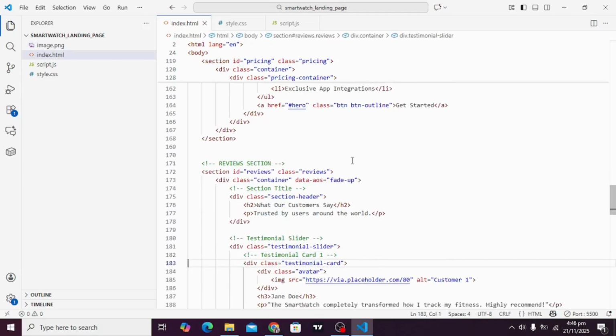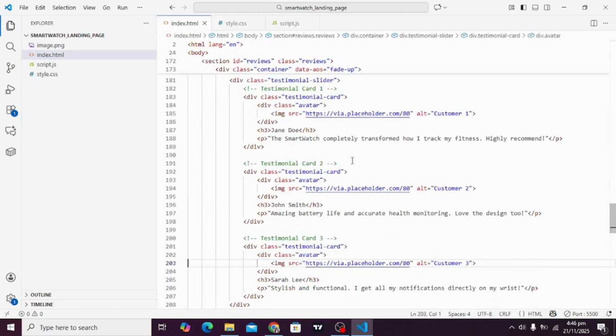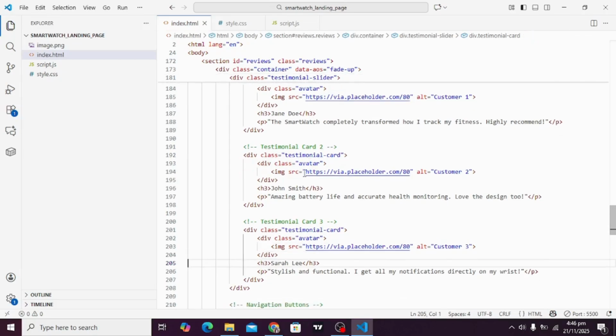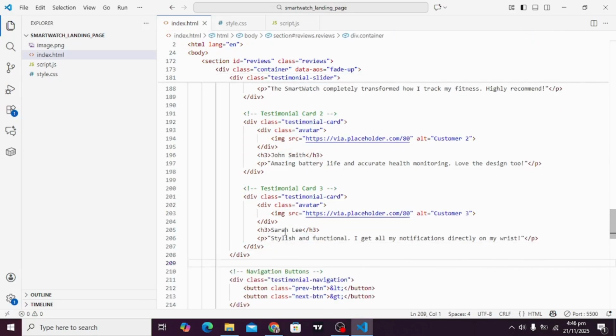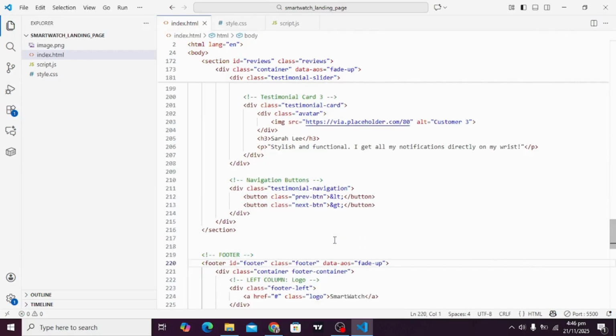In the review section we have a section title and then a testimonial slider. The testimonial slider has an image place. We are using a placeholder for now. We can replace it with an image if we want. We are also showing the name and a paragraph tag, and after that we have navigation buttons.